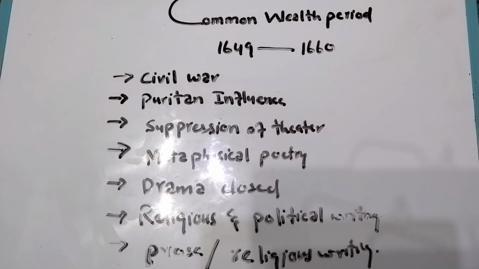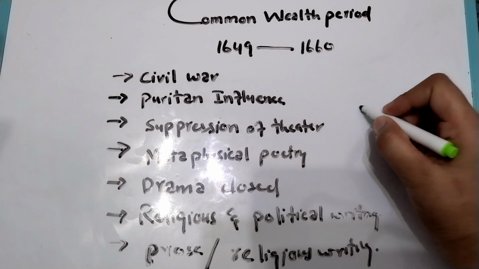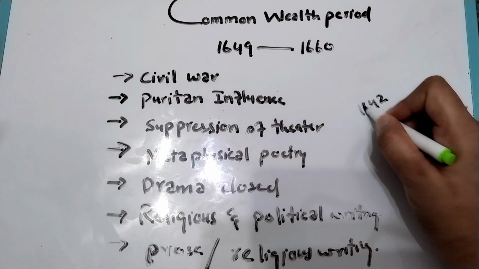Suppression of theatre means that the government exercised strict censorship, resulting in limited creativity and an emphasis on work promoting Puritan ideals. So, suppression of theatres means Puritan rule led to the closing of theatres in 1642. In 1642, you should notice the exact date,